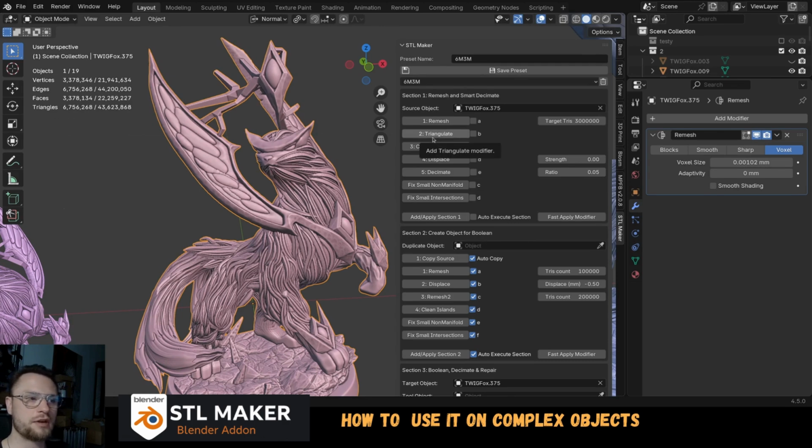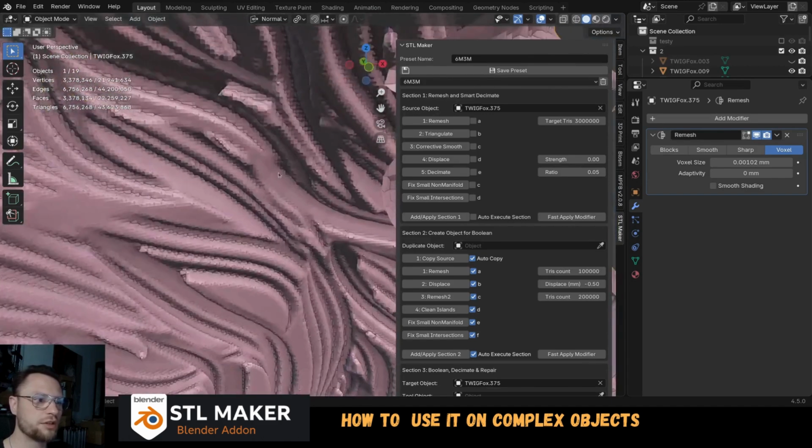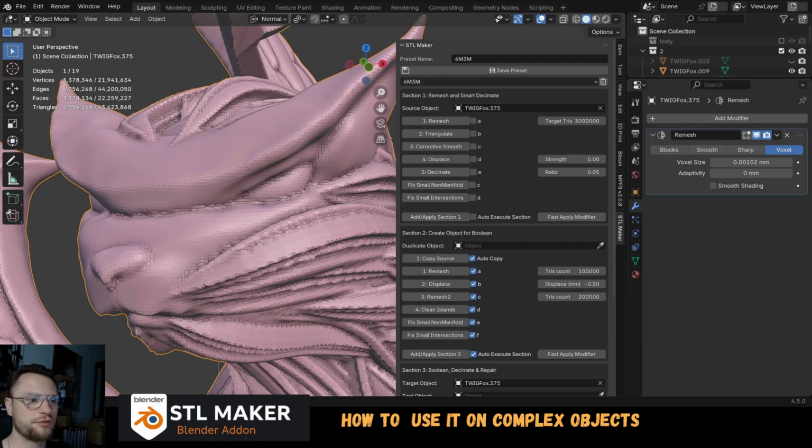And you need to remember that with more complex objects, it will just be more triangulation, but you can set it up, if you want 3, you can go lower and it will be 3 million. I wanted to code this better, but for now it's the best I can get, and for me it's perfect. So 3 million becoming 6 million for this model is fairly good because the eyes are still visible and everything,